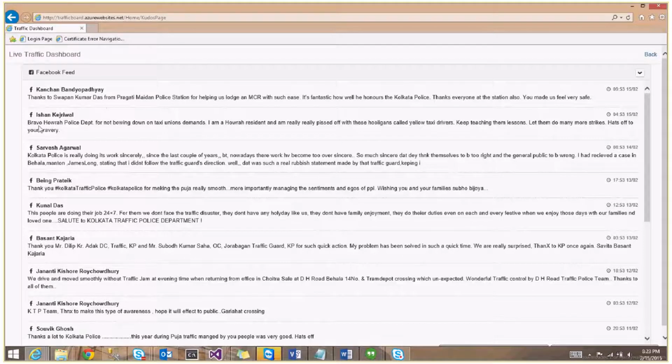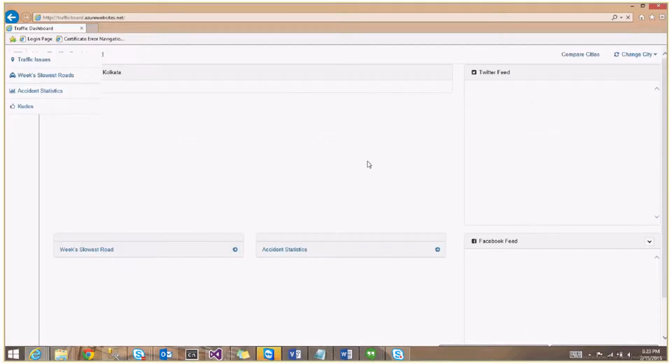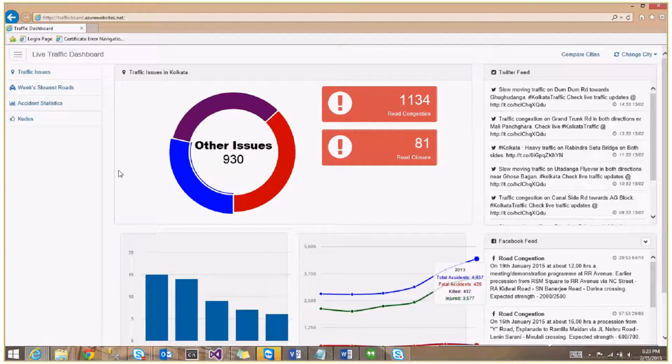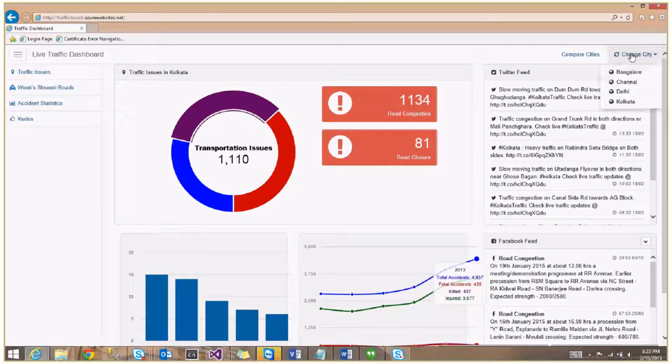So you can see all the posts are applauding the Kolkata Traffic Police for their work. We can use this back button again to go back to the home page. So this was the complete information about the city Kolkata. In a similar fashion, we can view the traffic issues in other cities as well.